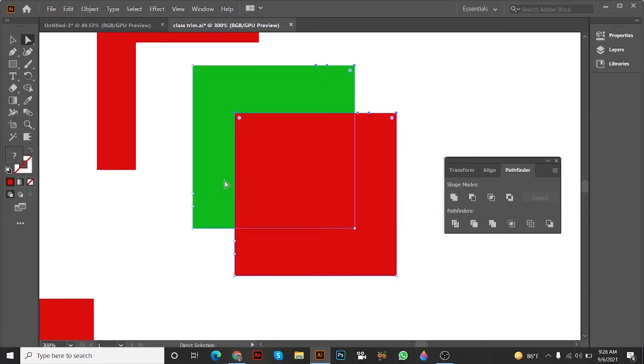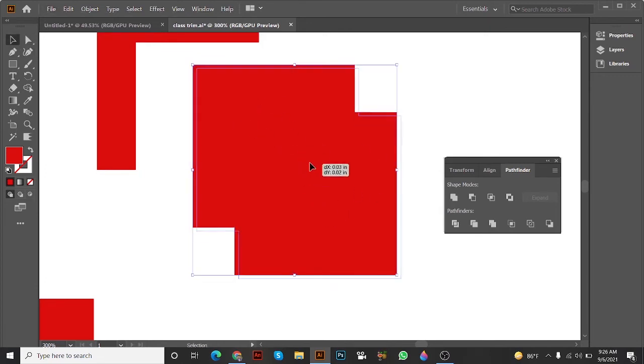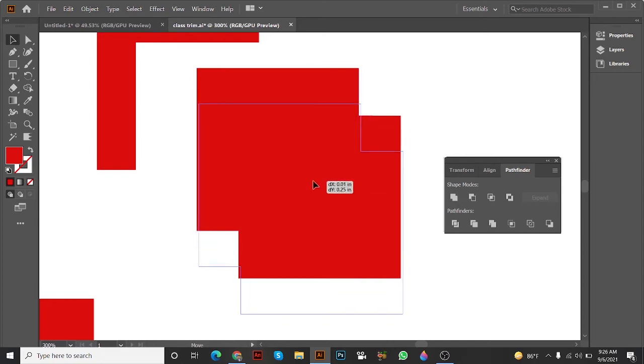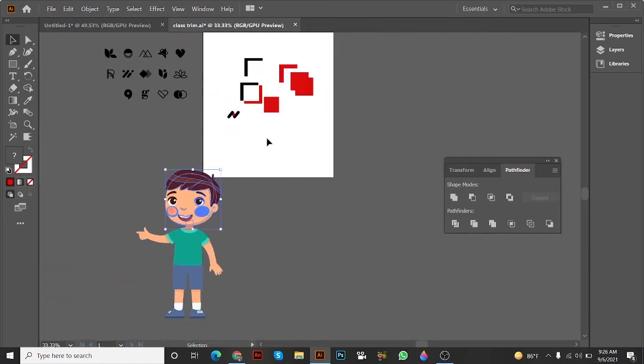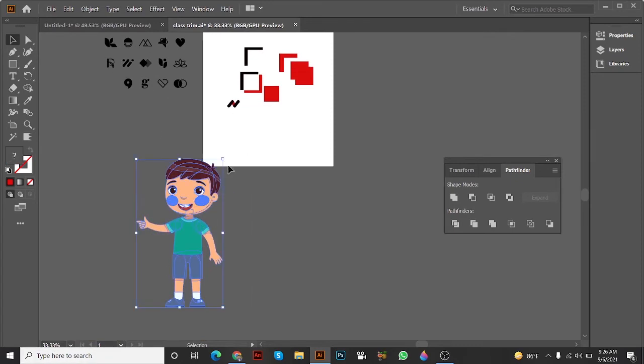Just select them, and when you click unite, you see that it's totally joined together. It's one vector, just one object here. There are no longer two objects. So this is really important. For example, I'm going to show you. We have this vector,